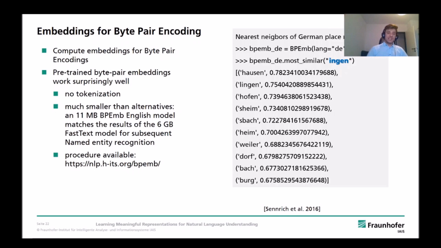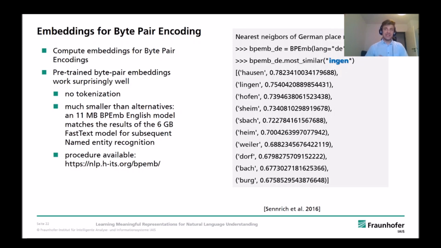And what's even more special, and I promised that this would be resource friendly, these byte pair embeddings produce way smaller embedding files. Just to give you a comparison, for a named entity recognition task, an 11 megabyte byte pair embedding English model matches the results of a 6 gigabyte FastText model. And again, this embedding procedure, which was introduced by Heinzerling et al. in 2016, is also freely available. So you can download this and compute byte pair embeddings,